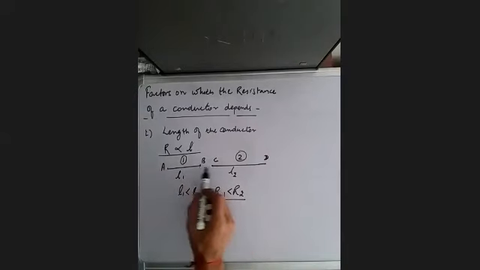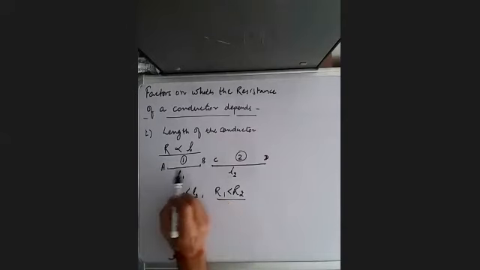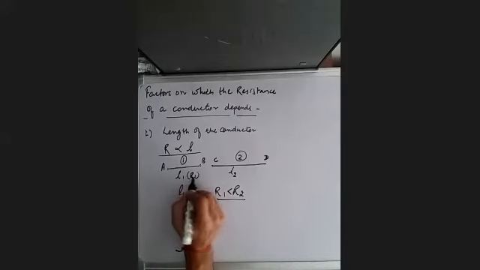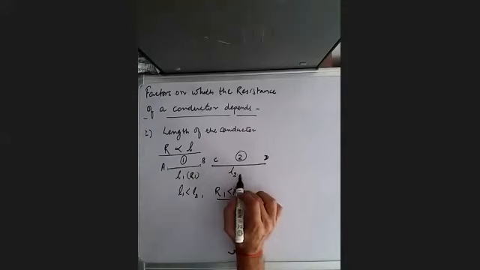So we have taken two conductors of same kind of material, of same thickness, that is the same area of cross section, in the same environment, that is temperature is common, but the lengths are different. So if we connect this conductor AB in the circuit and find out the potential difference across it and the current flowing through it, we can find out its value R1. Similarly, we connect this conductor in similar circuit. Instead of AB, we connect CD, whose length is larger.